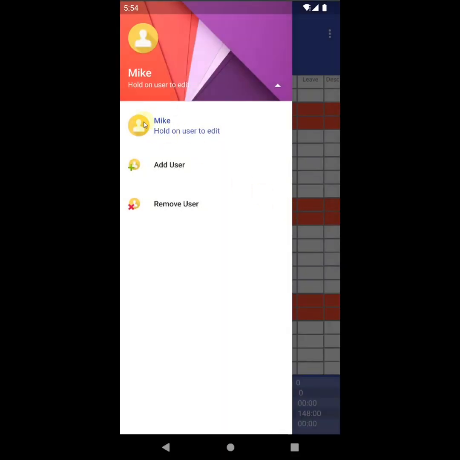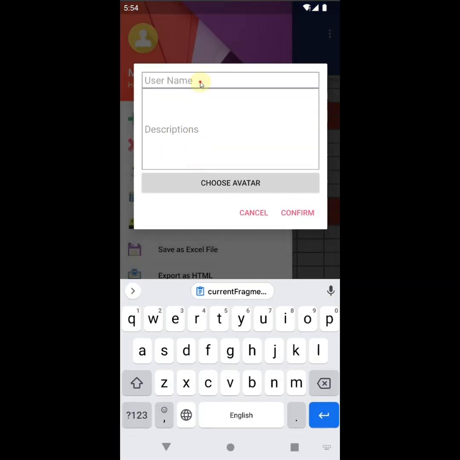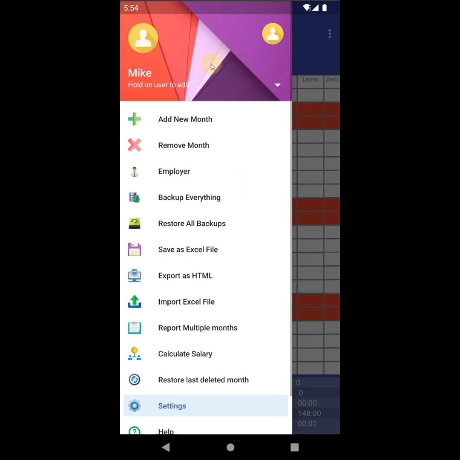And you can change picture, you can add user here, add a new name, and switch between those users by tapping on the